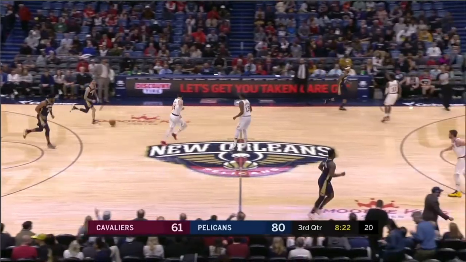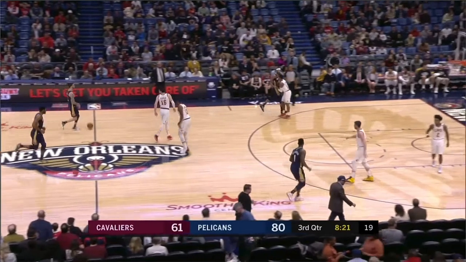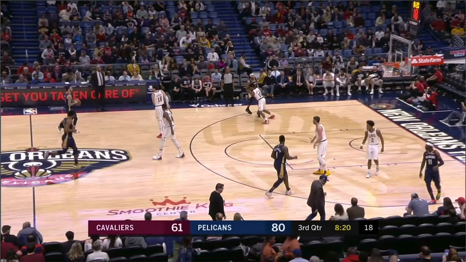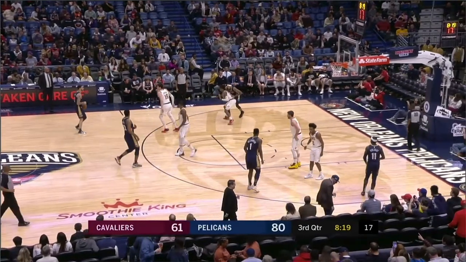All right, we're looking at a defensive clip here. What on earth is this player for Cleveland doing? Okay, look at this. What is this? Is he trying to front him here? Okay, why? Just stay underneath. You're seeing ball, you're seeing man. I mean, if you're trying to front Brandon Ingram here, you have to have backside help.